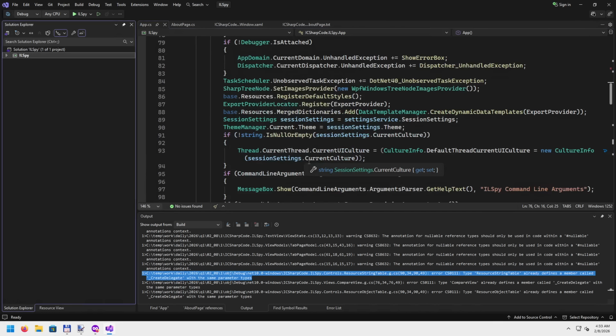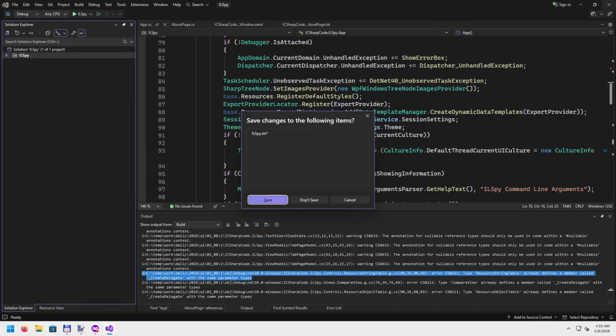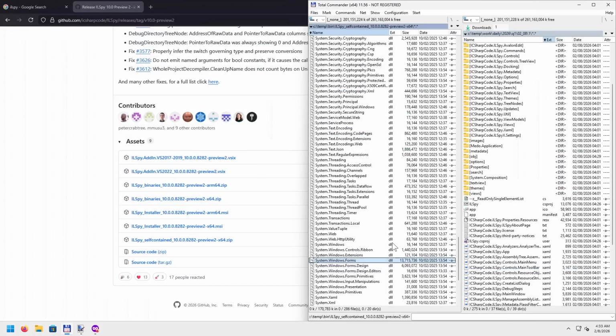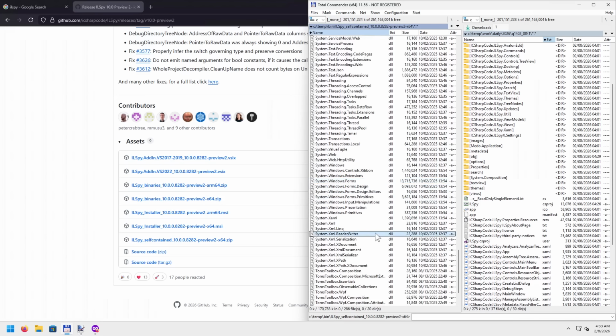Hopefully, if you're using ILSpy on a way smaller DLL, you're going to get source code that you can then compile back using Visual Studio. Don't save anything. Let's try to open, using ILSpy,